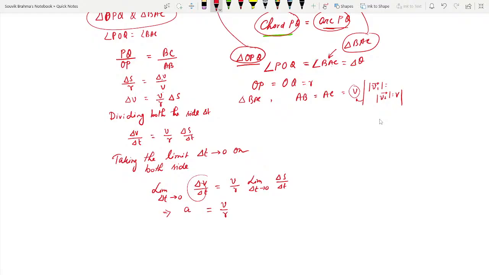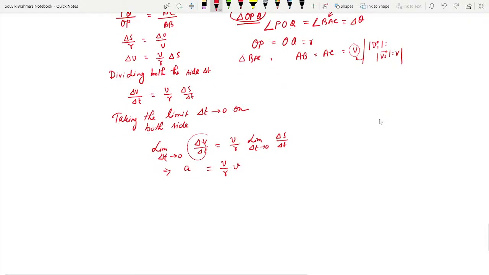जो तुम्हारा ds बाई dt जो आ जाता है, दैट इज जो लीनियर वेलोसिटी v, एक्चुअली इंस्टेंटेनियस होता है, लेकिन हम लोग अभी दोनों तरफ इंस्टेंटेनियस है तो नॉर्मल कॉन्सेप्ट से सोच रहे हैं। तो लीनियर एक्सेलरेशन इज इक्वल टू v बाई r इंटू v, सो लीनियर एक्सेलरेशन इज इक्वल टू v स्क्वायर बाई r। therefore what you can